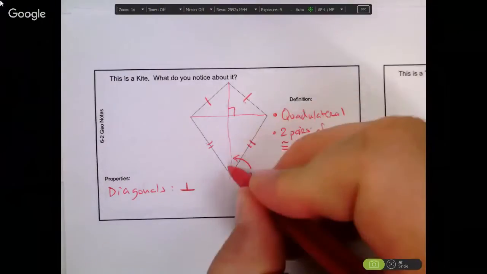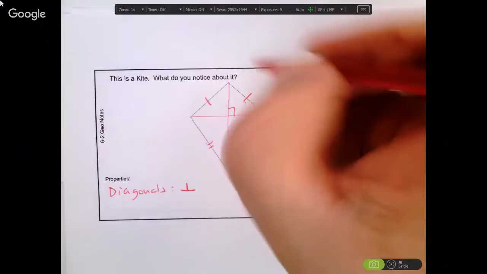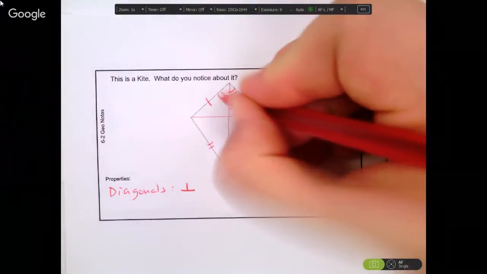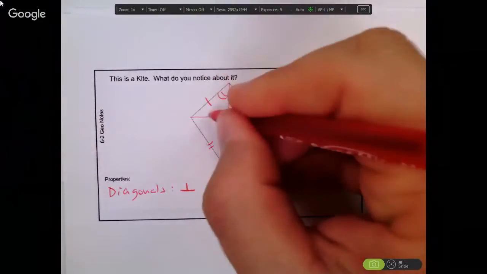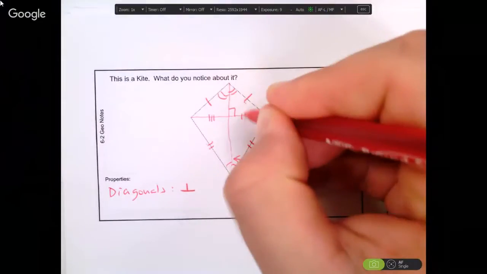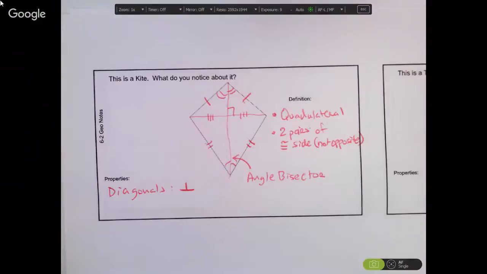But this one cuts our angles in half. So that one's going to be congruent to that, and that's going to be congruent to that. This also cuts this segment in half. So this chunk here is going to be congruent to that chunk. Okay. So I think that